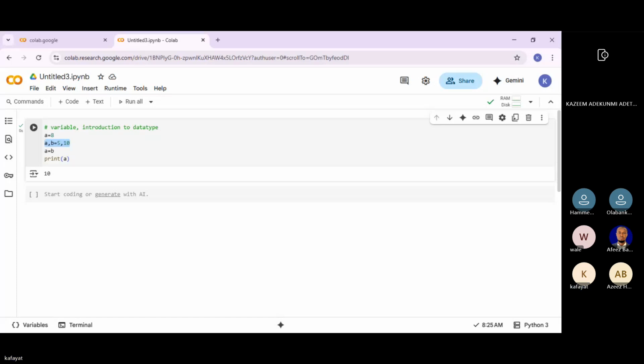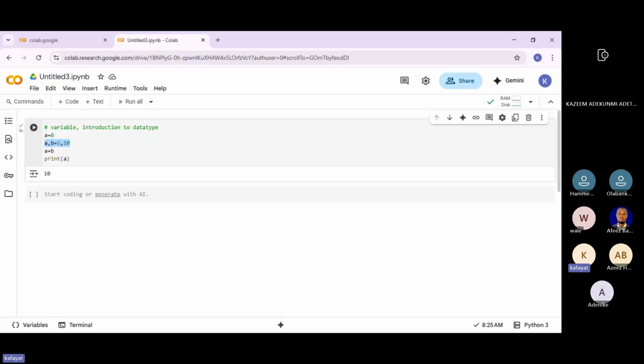Okay, so today, the next thing I'm going to give is a recap of the stuff taught yesterday because we have been needing it in our subsequent topic. The next thing here is data type.